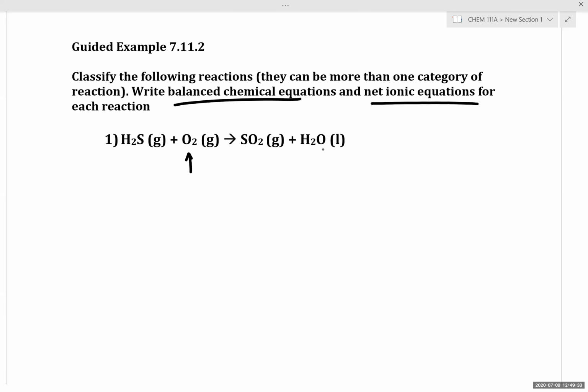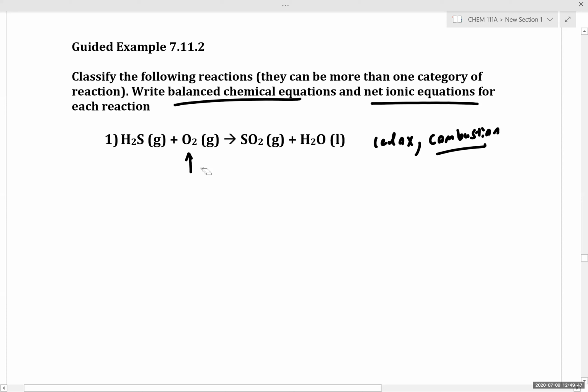It is a redox, yes, that is one potential way of describing this reaction. But in terms of reaction with oxygen, this would be called a combustion reaction. So the key signpost is this oxygen gas. It's a sign we have a combustion reaction. So balancing this combustion reaction,